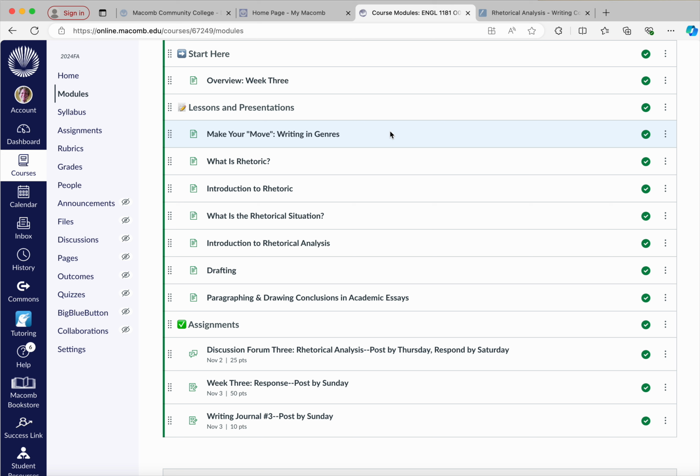And this leads right into what rhetoric is and an introduction to rhetoric, what the rhetorical situation is, and an introduction to the rhetorical analysis, which you're going to build towards by starting with your discussion forum this week and then move into the draft for next week. But basically, a rhetorical analysis is looking at things like the writer's purpose, the audience, definitely, what context this is being written in, but it's also looking at the writer's use of the rhetorical appeals: ethos, where the writer is building credibility, logos, tapping into logic, pathos, using emotion in the piece to